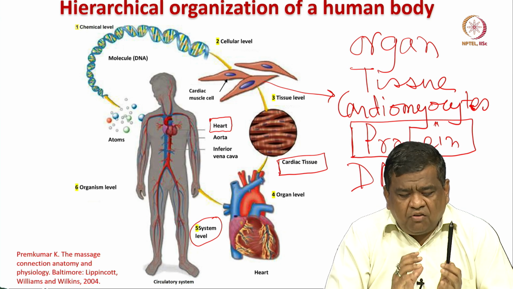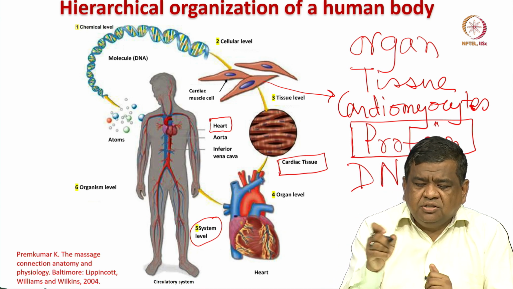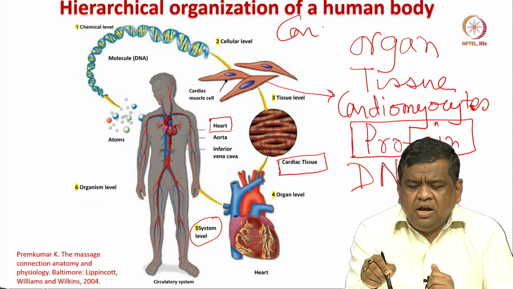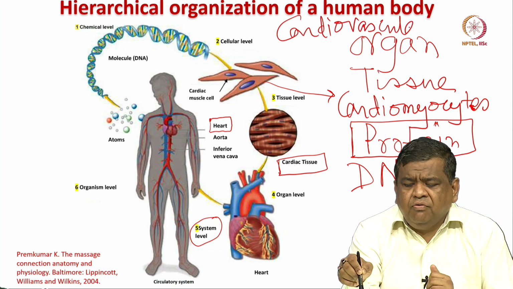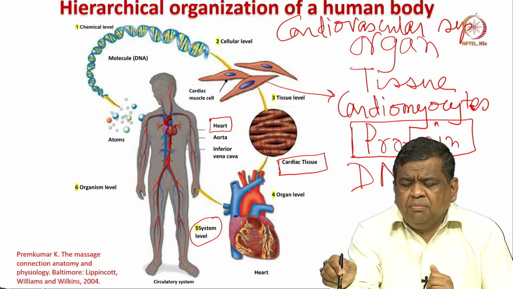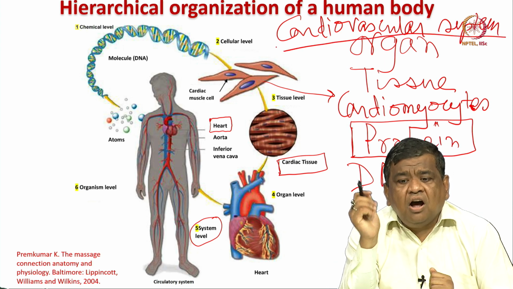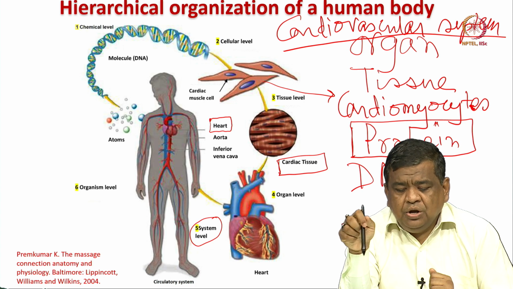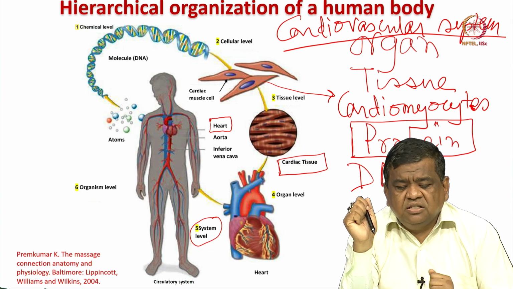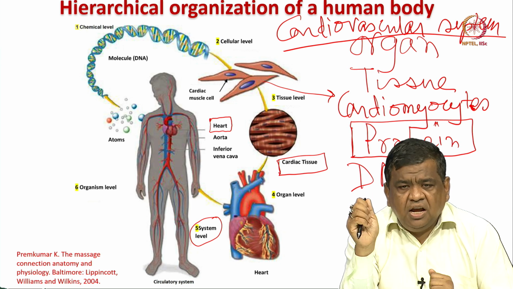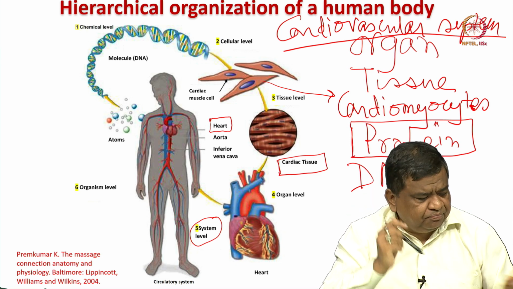the human body, right, and I have mentioned the cardiovascular system. So, here we have learned about the cardiovascular system very briefly. An important component of the cardiovascular system is the heart, and then the heart contains cardiac tissue, then cardiac tissue contains cardiomyocyte cells, and then I have mentioned DNA, protein, and so on. So, then you have atoms.